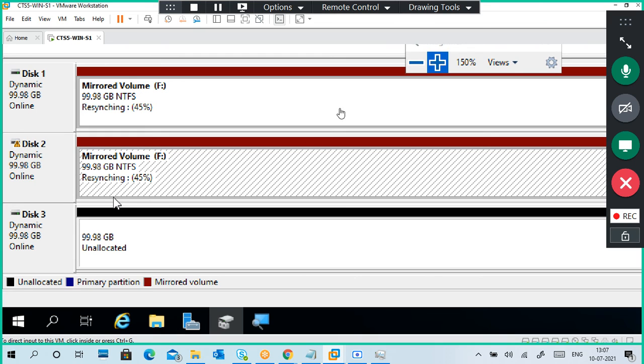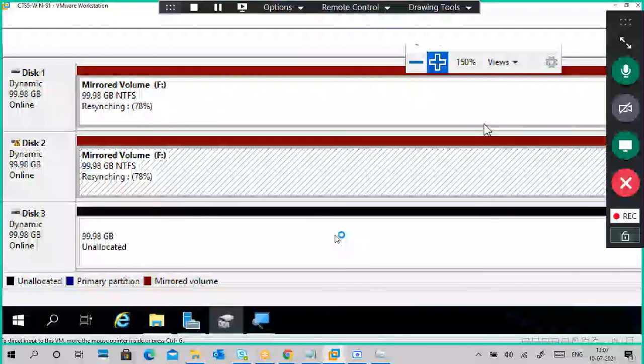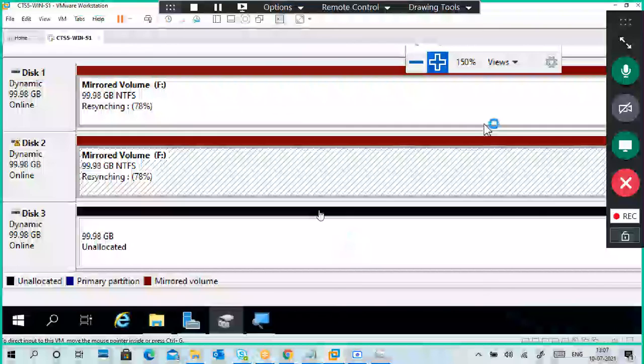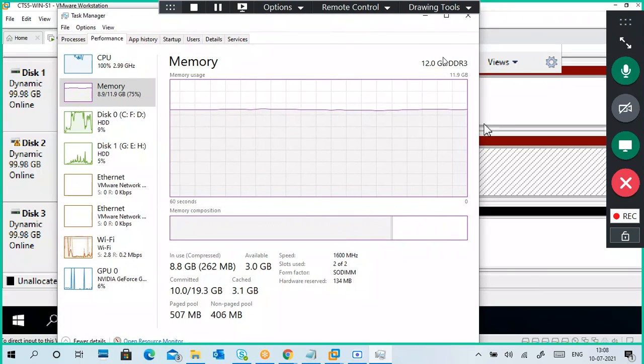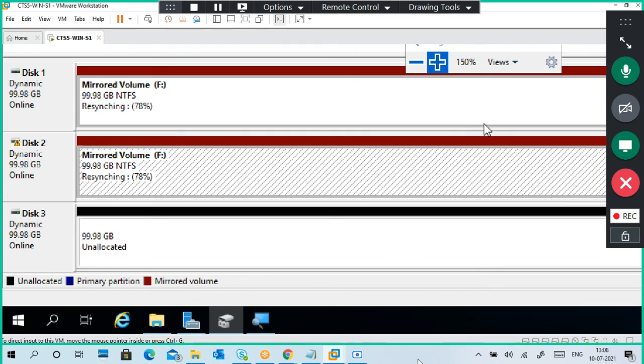45% and it is stuck there only. I use Alt Control Insert. Yeah, 78%. I still have 3 GB RAM for my PC.